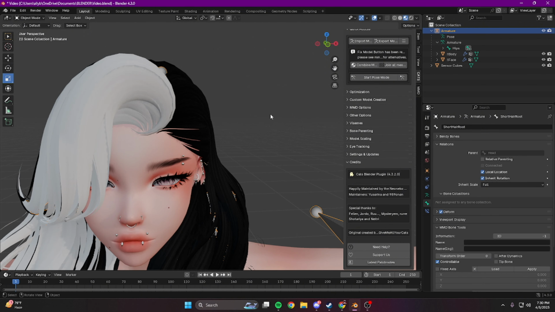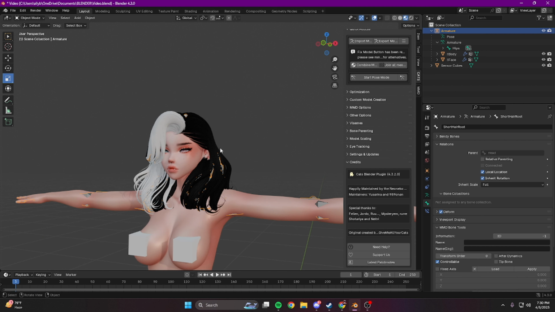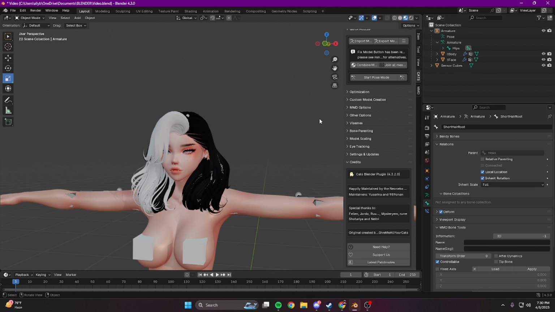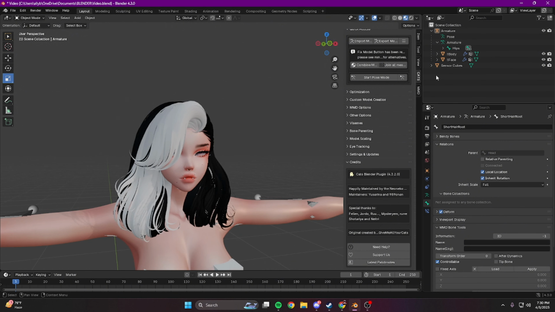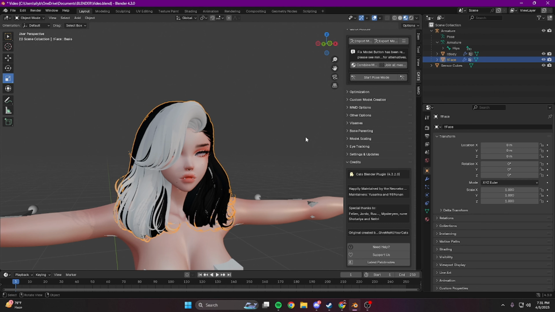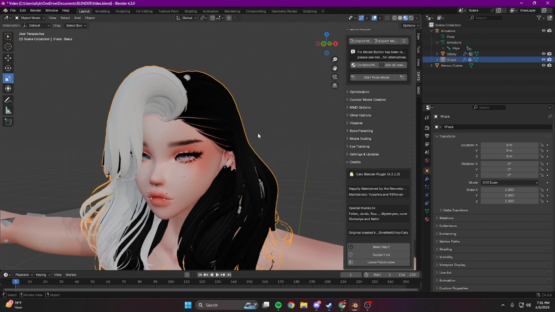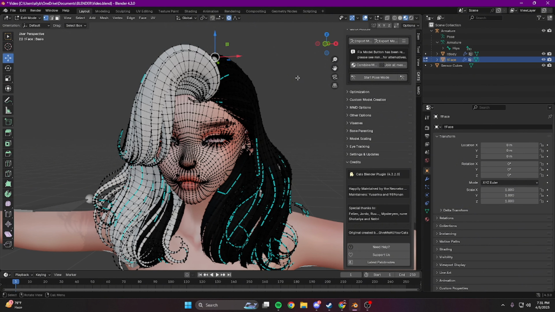Let's turn back on the face and the body. Now let's disconnect the face mesh from the hair mesh. I did go over in my last video about how to separate meshes, but I'm going to briefly narrate what I'm doing as I'm going and doing it. So we're going to click the face mesh, hit tab to enter edit mode, left click drag to unselect everything,